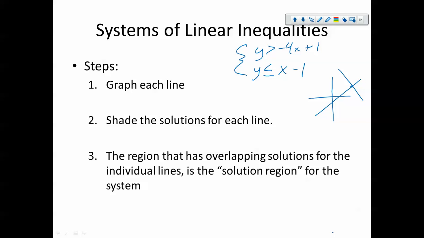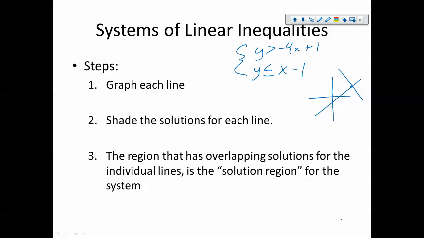This whole chapter, we've been finding that one point where it works, but inequalities have lots of solutions, an infinite number of solutions, which means a system of inequalities is going to have an infinite number of solutions. So we need to find out which of these regions, this one, this one, this one, or this one,